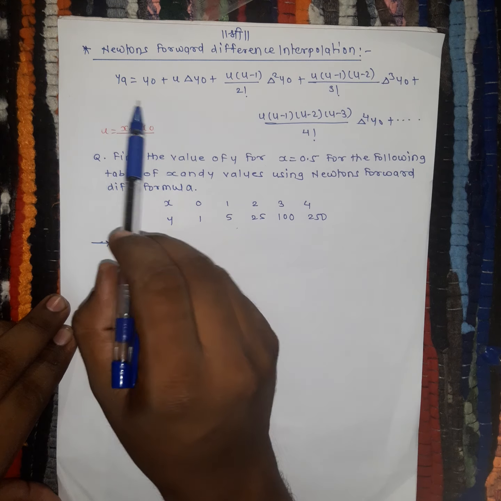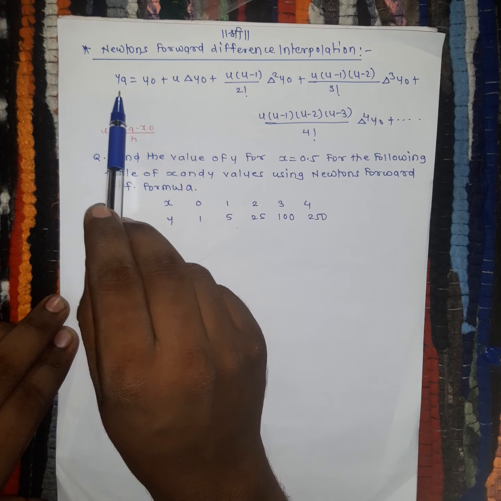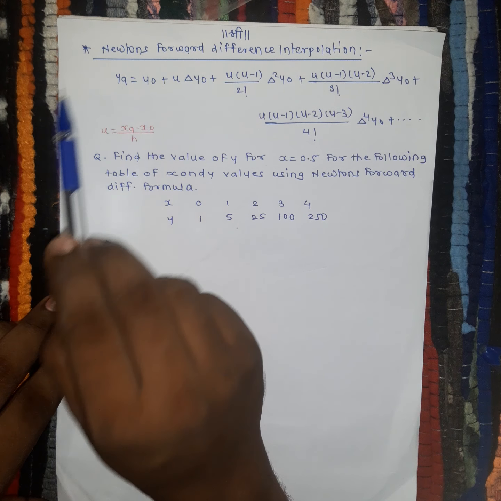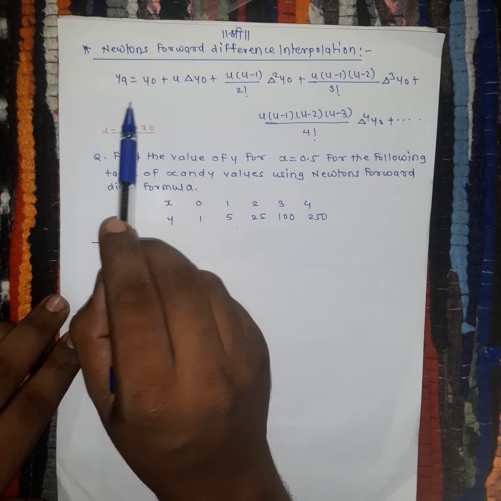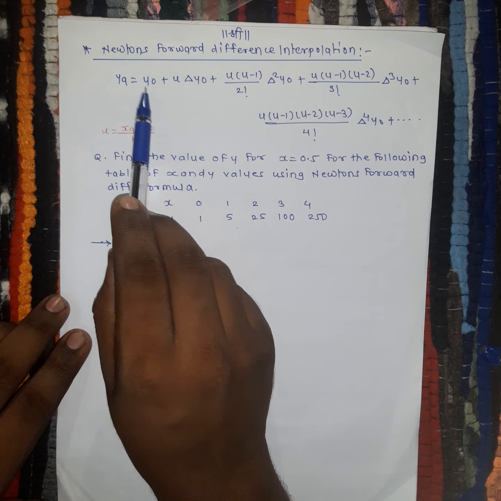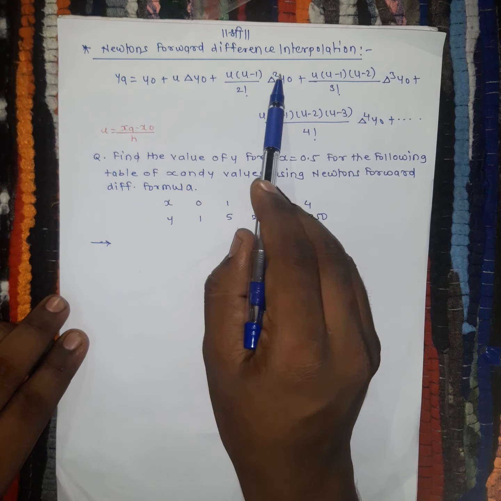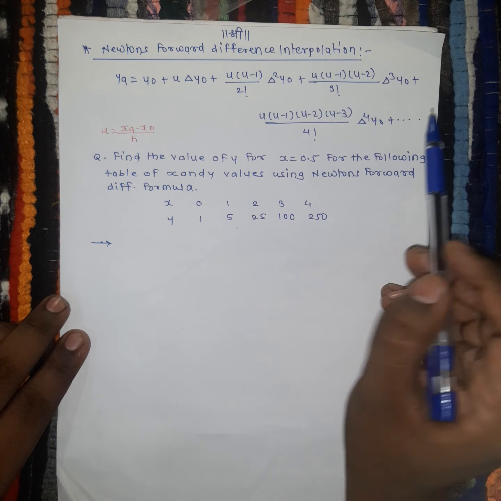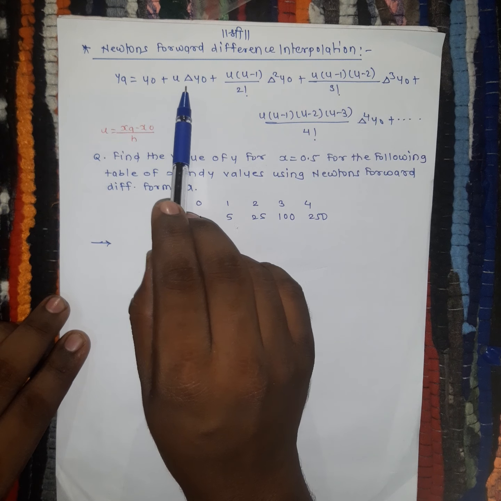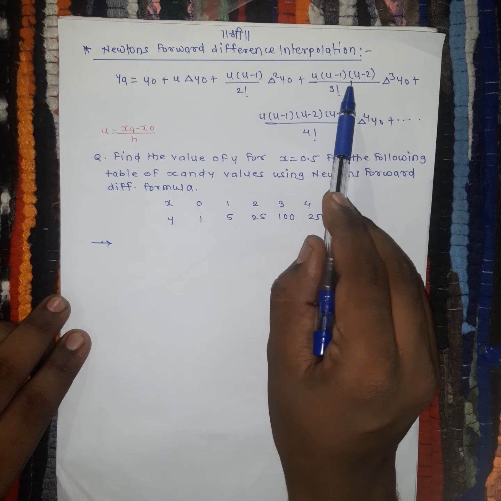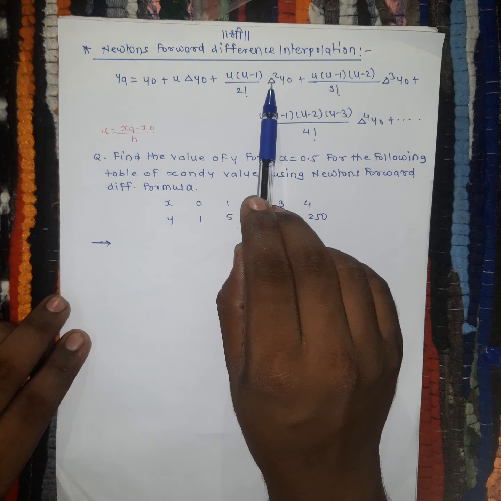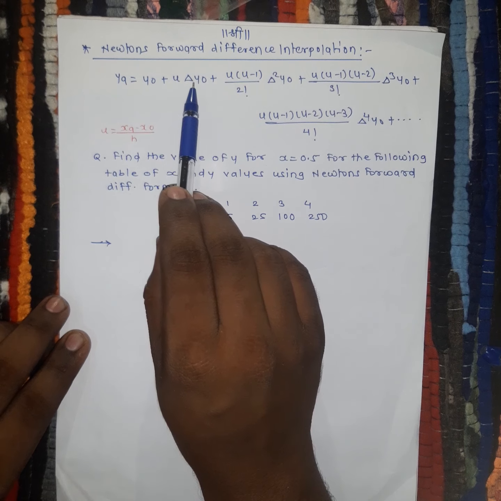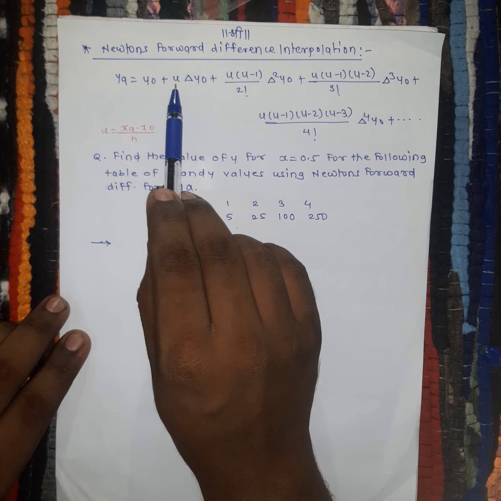So the formula for Newton's forward difference interpolation is like this: yg is equal to, now yg is the value which is to be calculated at a particular point of x. So it starts from y naught, then delta y naught, delta square y naught, delta cube y naught, delta raised to 4 y naught. At every stage the power of this delta is increasing, that is, 1, then 2, then 3, then 4. Then y naught plus u into delta y naught. In this stage u is introduced.